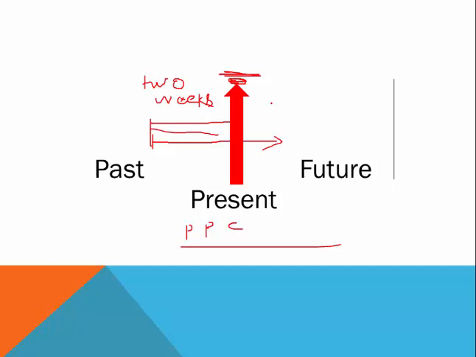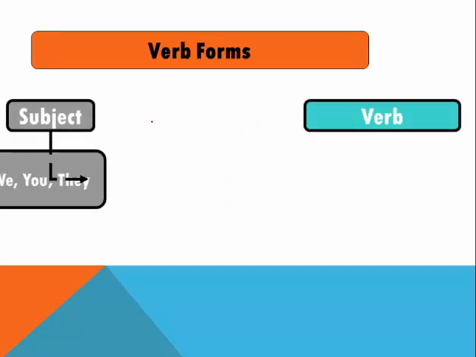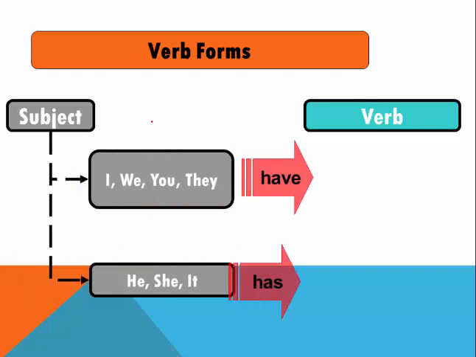But when I say for a long period of time, let's say I have been living in this house since 2018, that means for many years I have been living in that house. So for that we use any action that started in the past and is still going on. We don't know how long in the future it will go, and we want to emphasize how long the action has been going on. That time we will use the present perfect continuous tense, and now we're talking about the verb